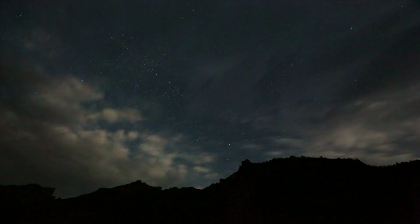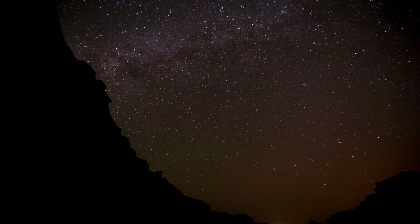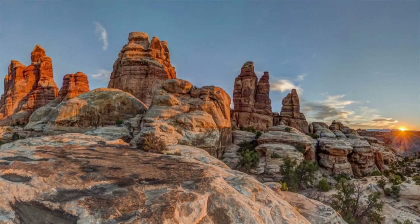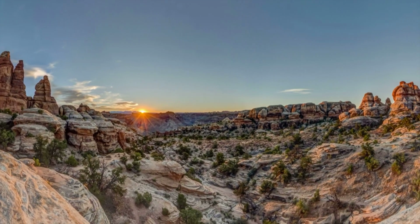My favorite part about being on the river overnight is at about 3 o'clock in the morning, the Milky Way is right above you, and you can see billions and billions of stars. Most incredible stars I've ever seen. Depending on where you camp, you get to hike different hikes. My favorite is the Doll's House, which has this amazing, breathtaking view of the whole valley and some really neat